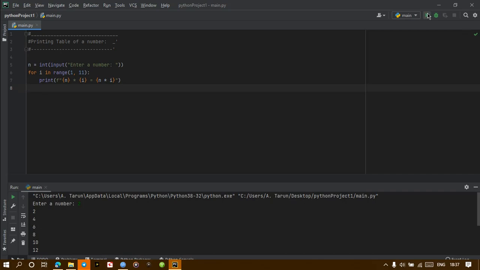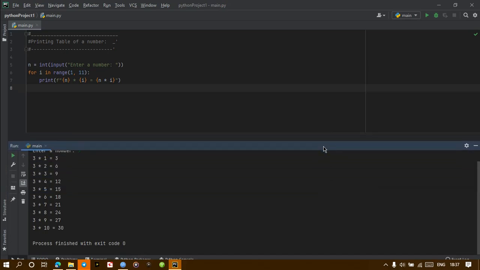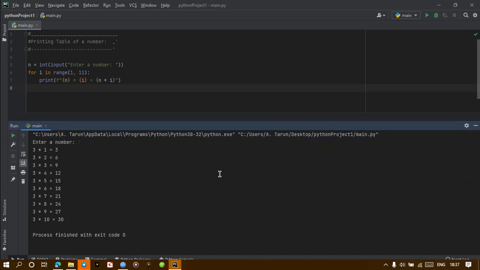That's all. Then you will run it, enter a number 3. As you can see, I have entered the number 3, then it will automatically print 3's table